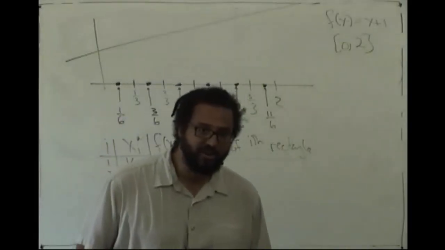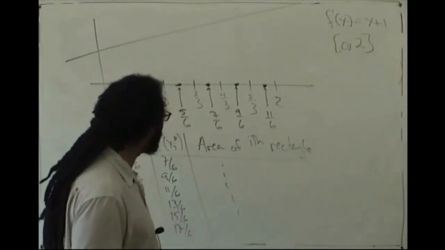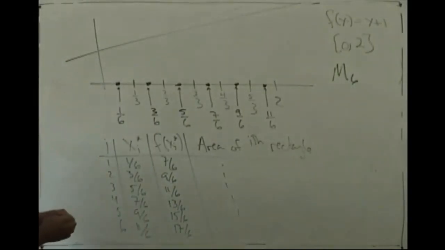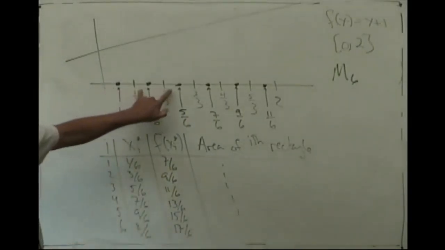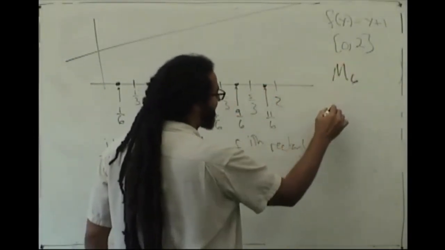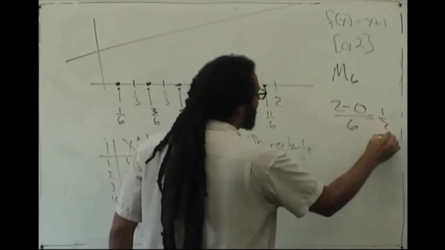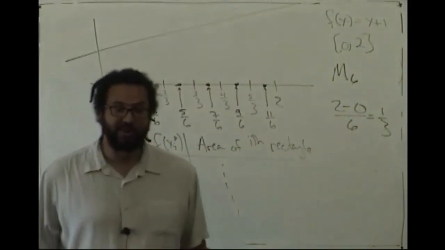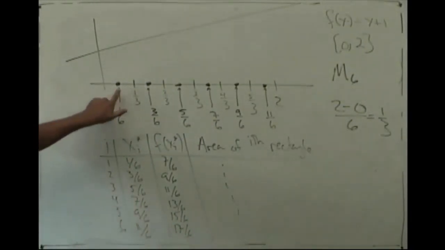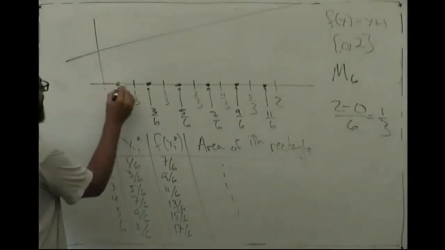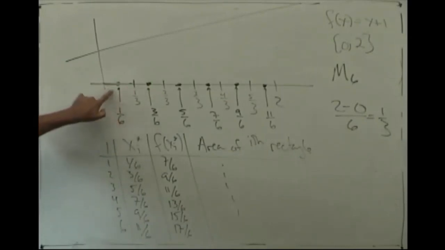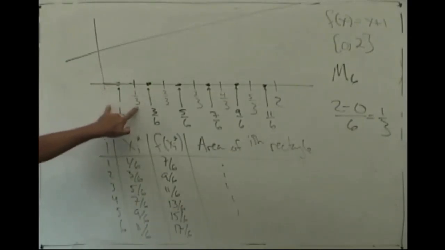All right, last thing we want to do is look at the midpoint approximation using 6 rectangles. So this is M6. Again, it's the same subintervals every time. The subintervals are determined by b minus a over 6. So 2 minus 0 over 6 is 1/3. So that's going to be the width of every rectangle no matter what, just like it was in the last 2 examples. So now, in order to find the height, I want to use the midpoint of the first subinterval. So the midpoint between 0 and 1/3 is 0 plus 1/3 over 2, which is 1